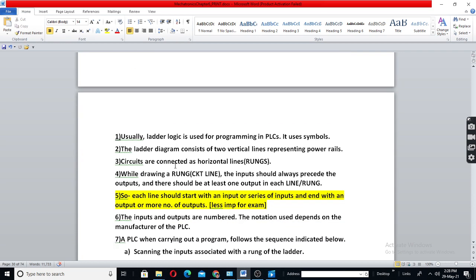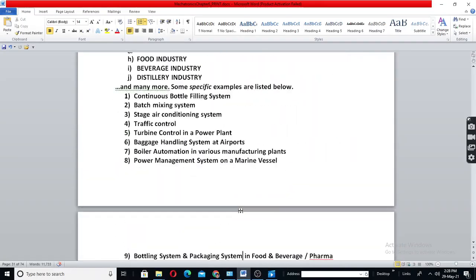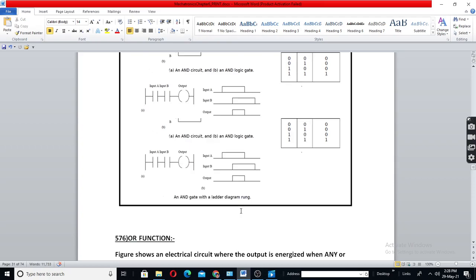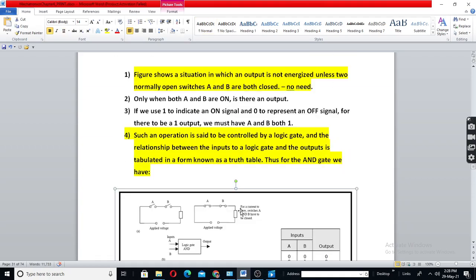Now, the ladder diagram is shown here. This is a method of PLC programming.